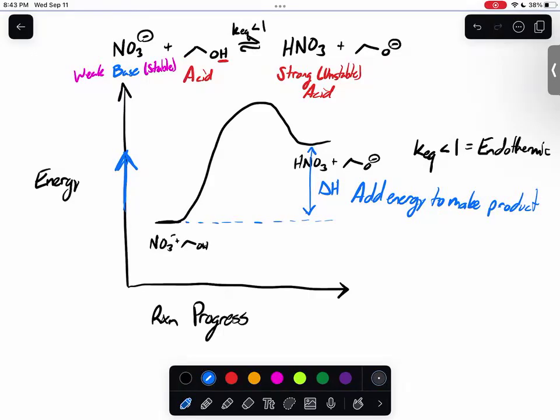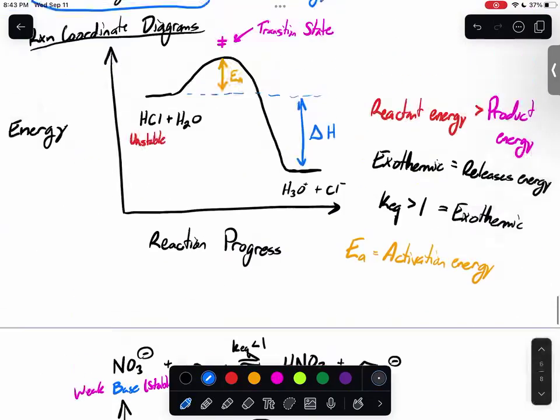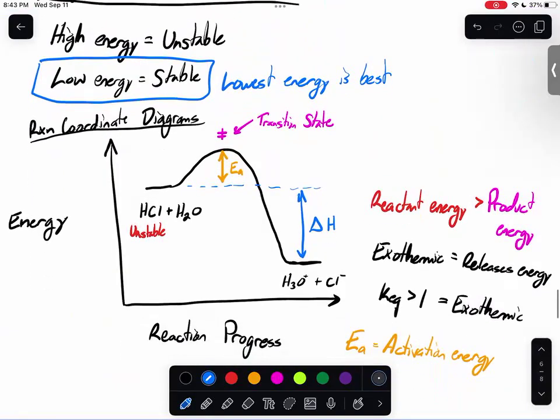At least not unless we give it a lot of energy to do so. Versus this one right here, where we're using HCl and H2O, it is going to make products because it's spontaneous. All right? And then we're going to get to the point where during our quizzes and our exam, we're going to start analyzing new acid-base reactions that we've never seen before,